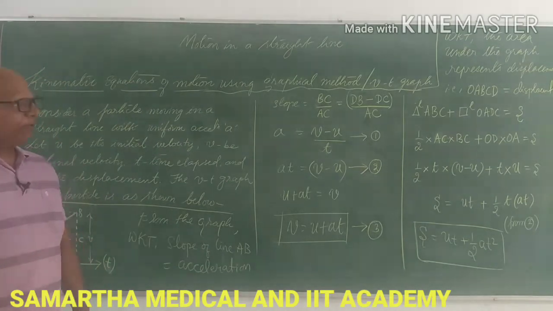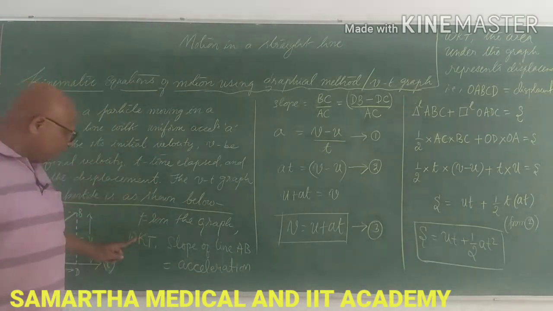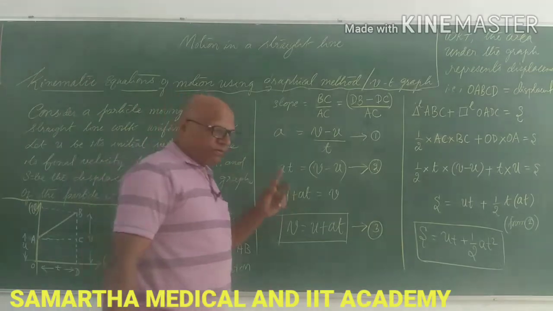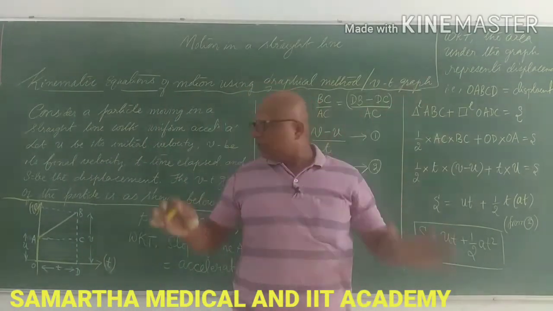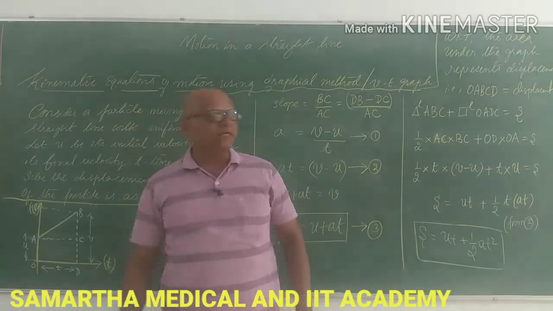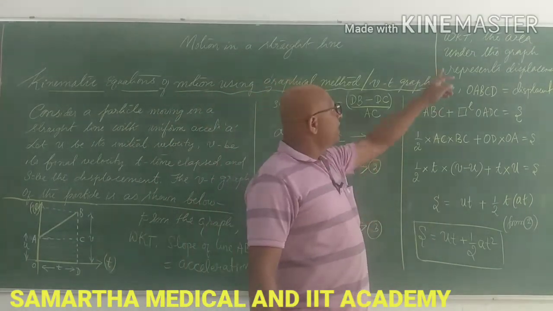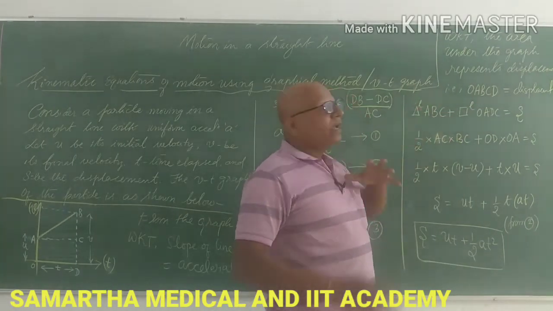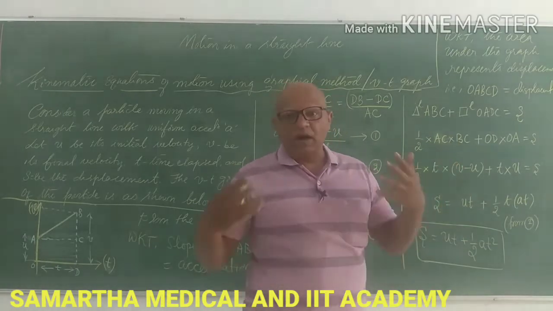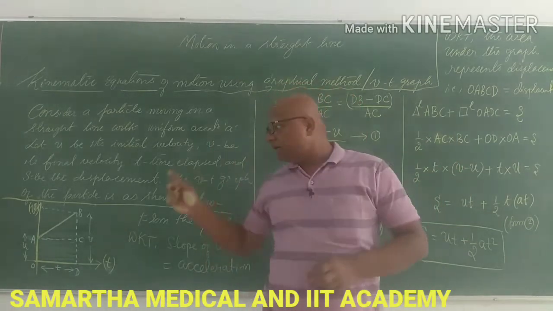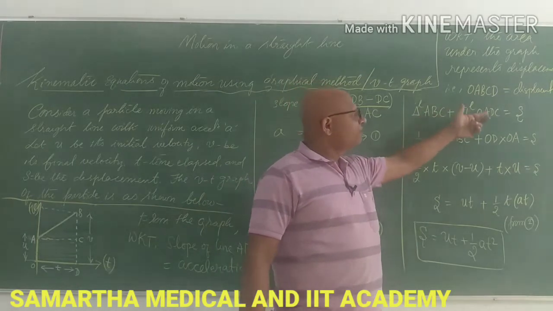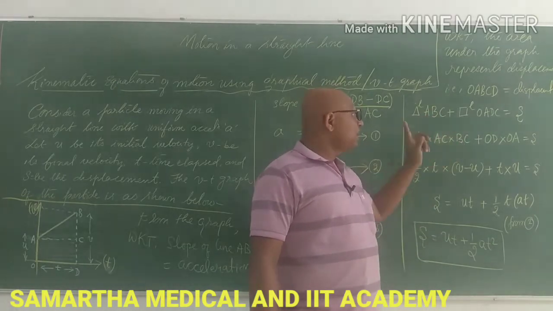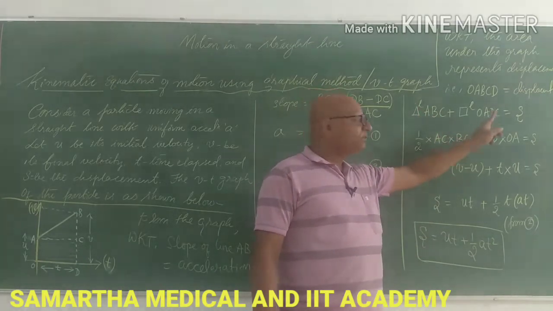Did you get how we have obtained it? From the first fact, that the slope of the velocity graph is acceleration, we derived the first equation. From the second fact, that area under the curve gives you displacement, the second equation is obtained. How? Area under the curve is nothing but OABCD, which is displacement. OABCD is a compound structure which has a triangle and a rectangle. Area of triangle plus area of rectangle OADC, that is the displacement.